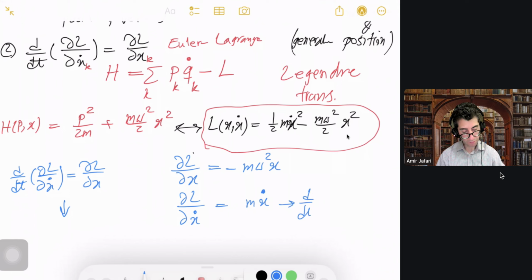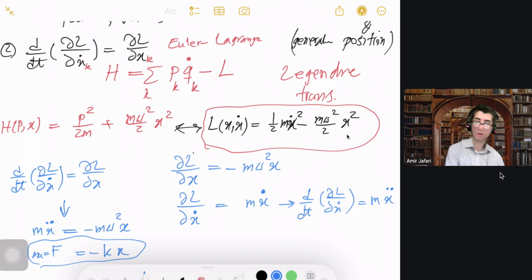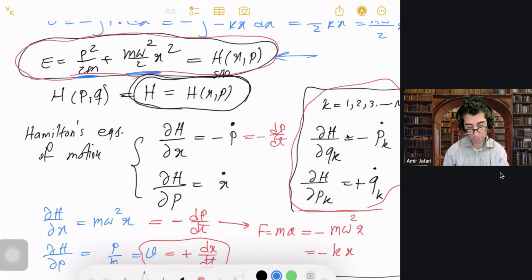This gives you d over dt of dL over dx dot. Taking another time derivative is going to give you x double dot. So from here, you have m x double dot equals minus m omega squared x, which is basically kx, and this is basically F or ma, right? Again, Newton's second law plus Hooke's law. So you see that this is the Lagrangian for the simple harmonic oscillator, and this is the Hamiltonian for the simple harmonic